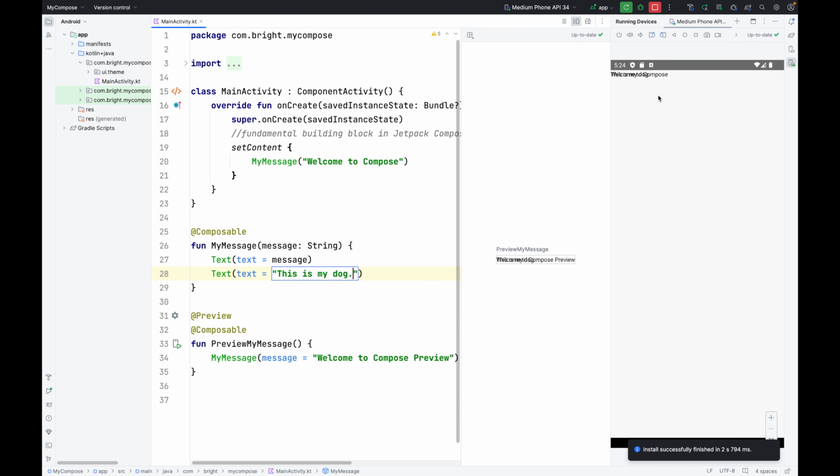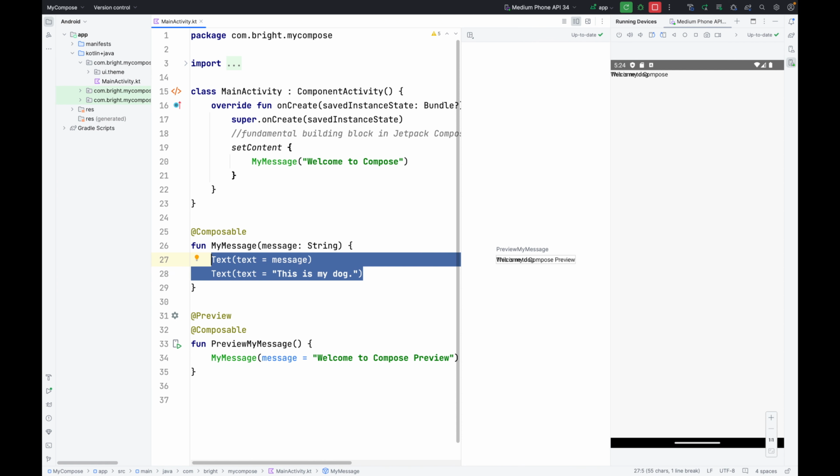We can see that it is overlapping. So we don't want it like that. We want this is my dog after the welcome to Compose message. To fix the issue, select these two lines and press Option Enter. If it is Windows, it is Alt Enter, and select Surround with Widget. Now you can see these three items. We have to select the last one, Surround with Column,